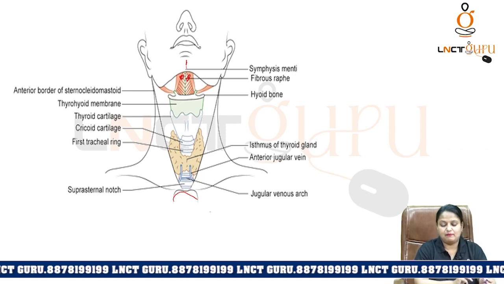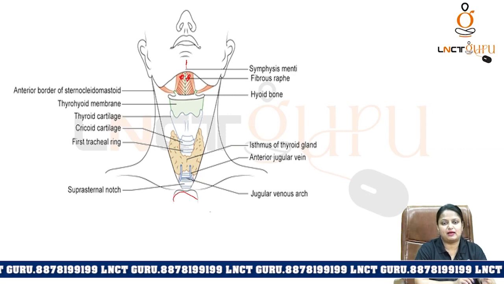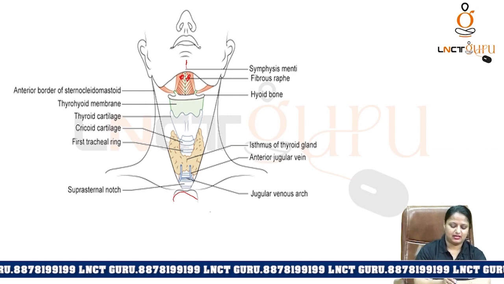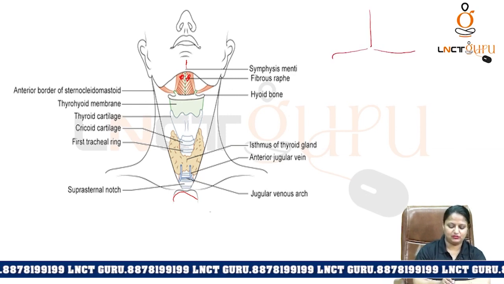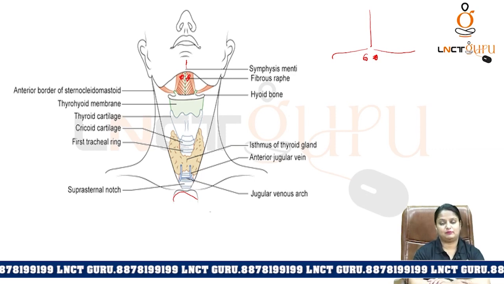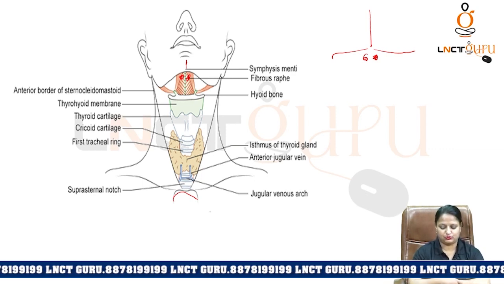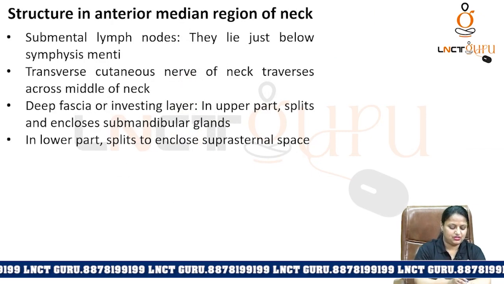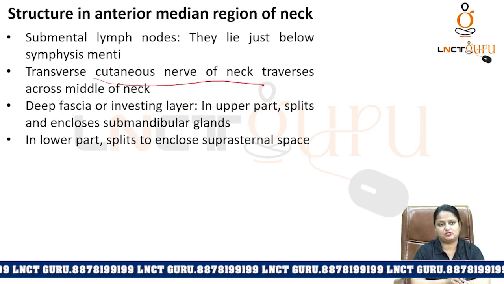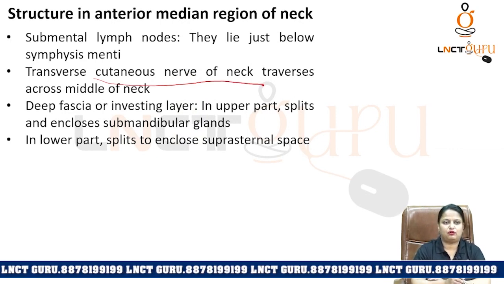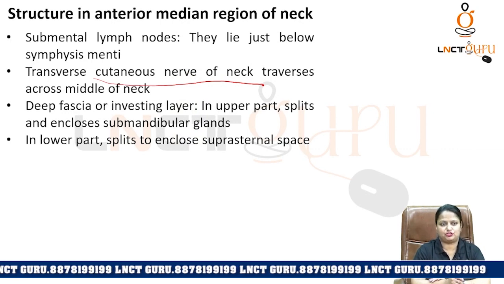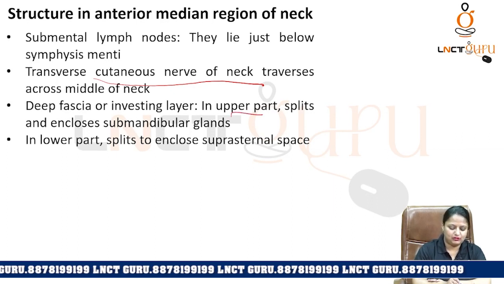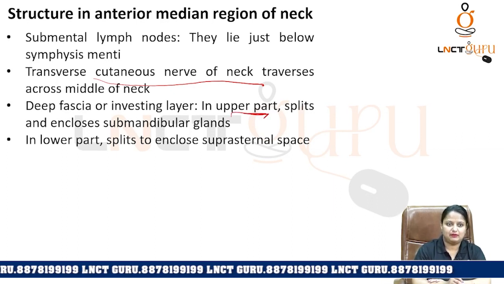Then other structures which are piercing superficial fascia is, ये symphysis menti है, यहाँ के just नीचे present रहता है submental lymph node. ठीक है, ये symphysis menti के just नीचे present रहते हैं। अगर ये ऐसे symphysis menti यहाँ पे दो bone मिल रही हैं तो इसके just नीचे ये क्या present रहेगा, there will be submental lymph node. Okay, then the superficial fascia, this is also pierced by transverse cutaneous nerve of neck. इसके नीचे क्या present रहेगा, deep fascia। Deep fascia is having two parts। ठीक है, upper part में वो split होगा और किसको enclose करेगा, submandibular gland।